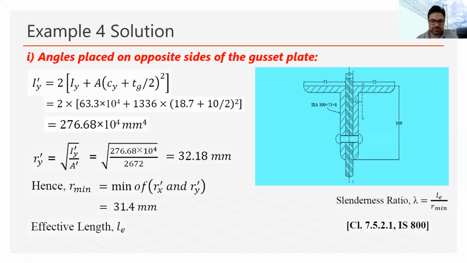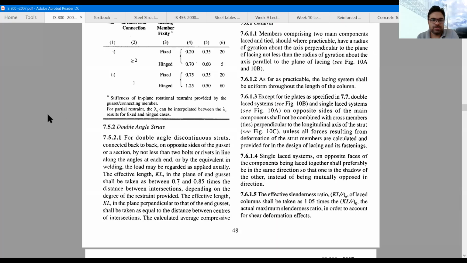Hello, this lecture is in continuation to the previous part. So there I was talking about the effective length. So this effective length provision is given in this clause. So first of all, I will show you this clause, and then we will try to find out what will be the effective length of the member. So here you can see this is the clause